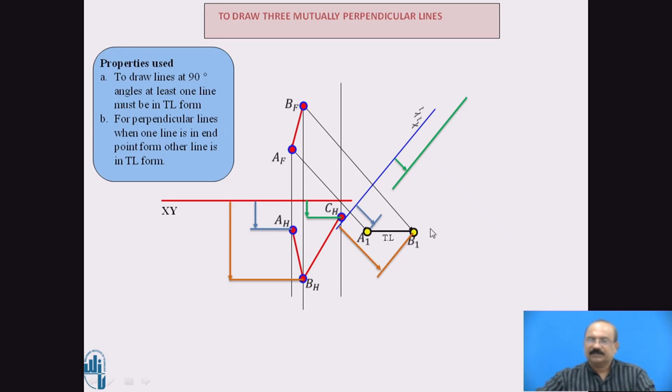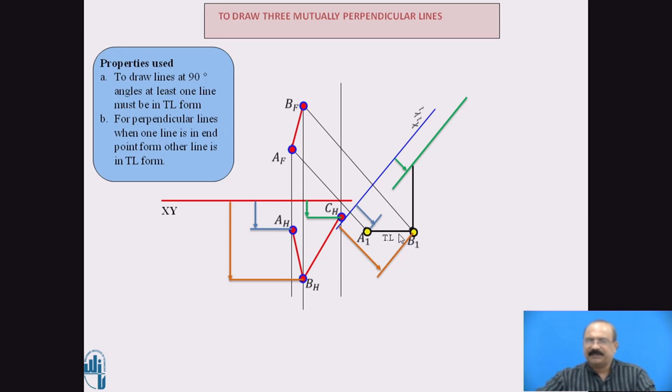So in the next step, now that you have got this a1 b1, we are going for the position of C. Now this is a 90-degree line because AB and BC are mutually perpendicular. Here just observe ABC. BC is the line perpendicular to AB because we are given three mutually perpendicular lines. We are locating the three mutually perpendicular lines. Based on that, we got that the AB line is a true length.